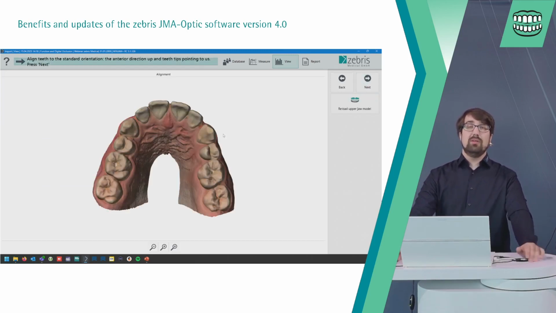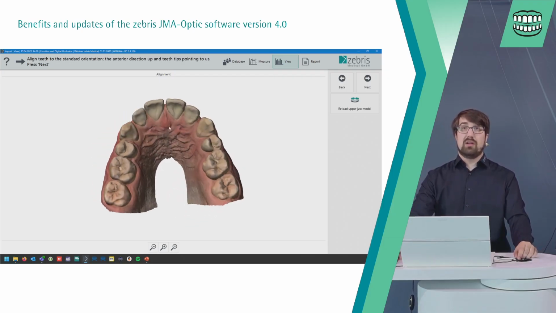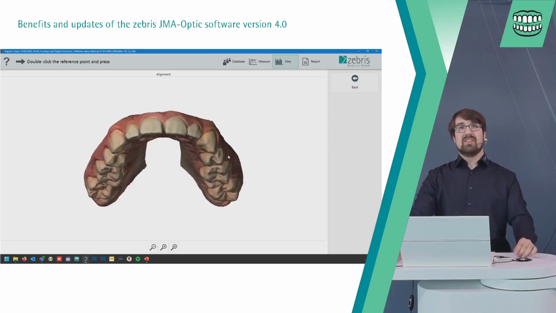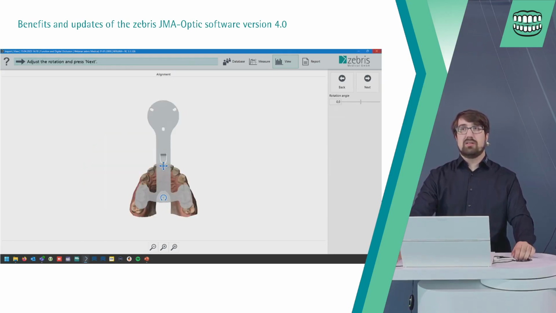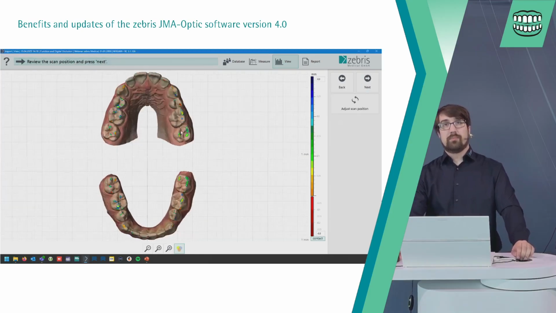So when we import new scans, we are in the same routine as if we would import them during our measurement. We have to say that the teeth are aligned correctly, so the teeth look at us, and we mark again our point, align it, and here.